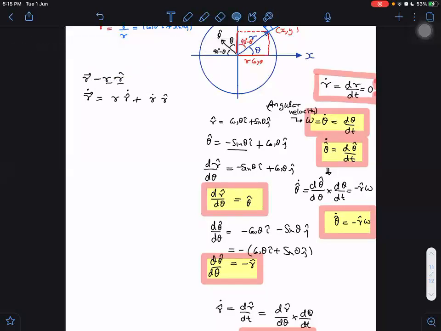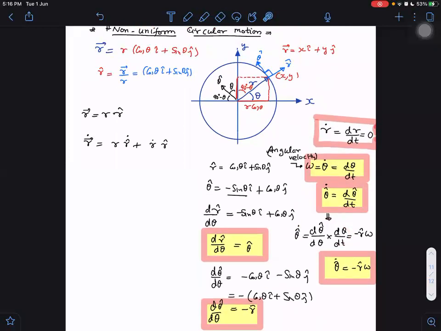But the purpose is that I was interested in finding acceleration. So I will have to differentiate with respect to time, not with respect to theta. But then you may ask, sir, if you have to differentiate with respect to time only, why were you unnecessarily differentiating with respect to theta? If I know the derivative with respect to theta, then I can use that information to find the derivative with respect to time by use of the chain rule. Still, it is becoming lengthy and somewhat complicated, I agree.